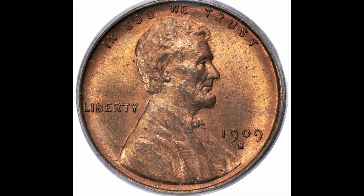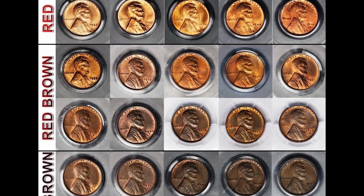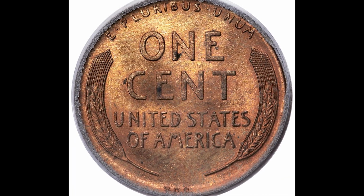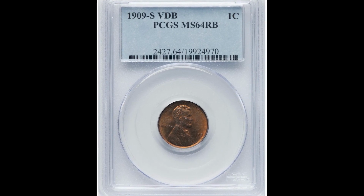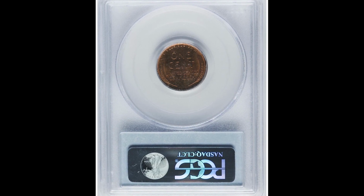Really quickly, we'll show you a diagram differentiating between red, red brown, and brown coins. Now, most of the time, red coins will bring more money than red brown and brown coins simply because it's closer to the intended mint state design and color of the coin. That's not to say we've went over plenty of coins that are brown and red brown that have sold for more money than red coins. What you need to know is that the better the condition your coin is in, generally the more money it's going to be worth. This coin sold for